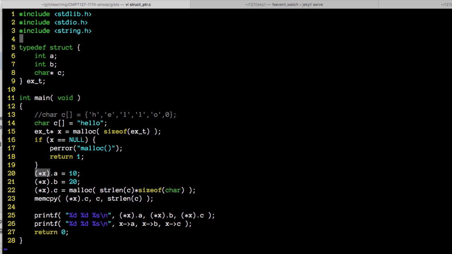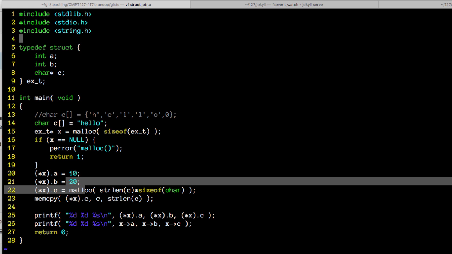So we first dereference it so that it becomes a struct, and then we assign to the first field, dot a, the value 10. And then the same way you assign to b,